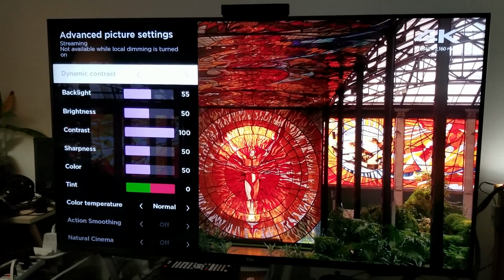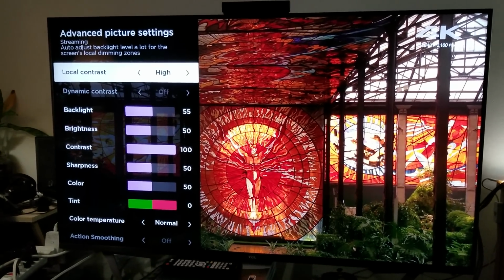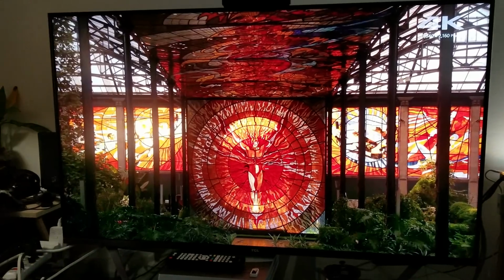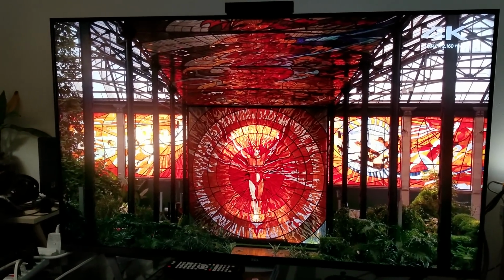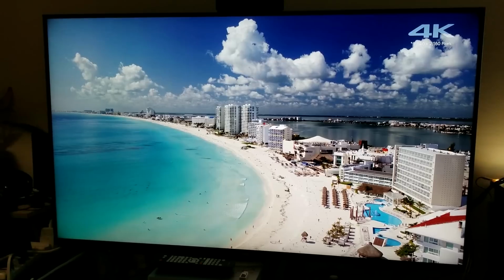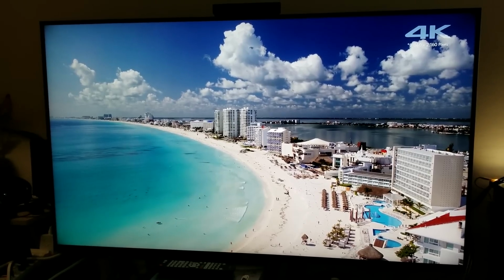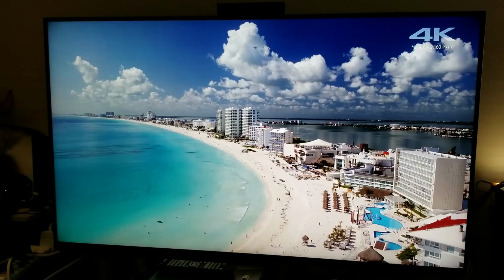Actually, you can not even use it while you have the local dimming, so that's cool. Just set your local dimming to high and your TV brightness to normal. Trust me, local dimming at high and TV brightness at normal, you will get those nice deep dark levels on this TV for a budget 4K TV. And this looks really good, man. I'm not crushing any of my deep dark levels. They look really good. So the key thing is really just keeping that TV brightness at normal and your local